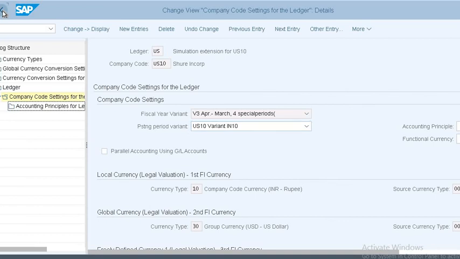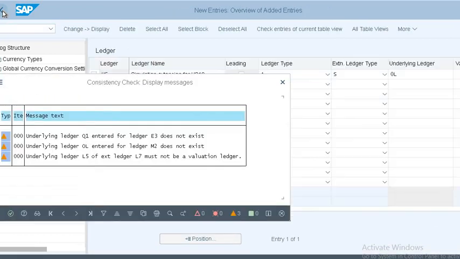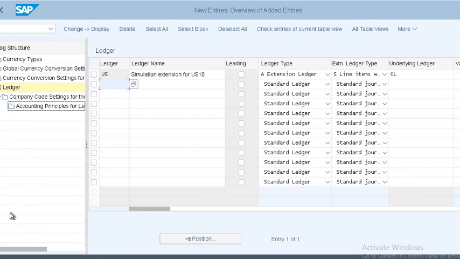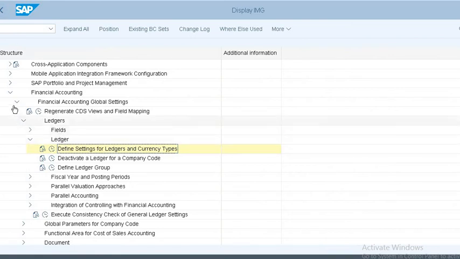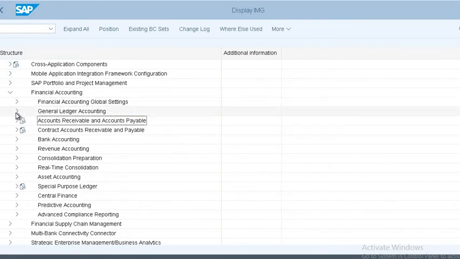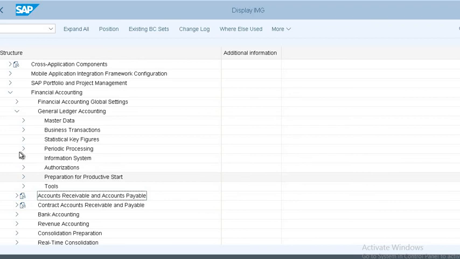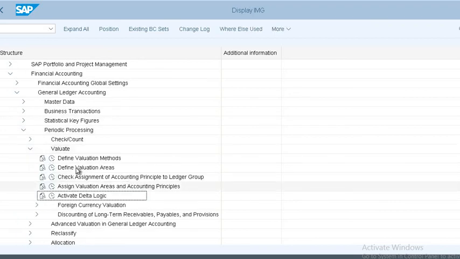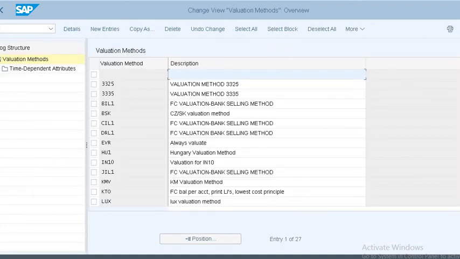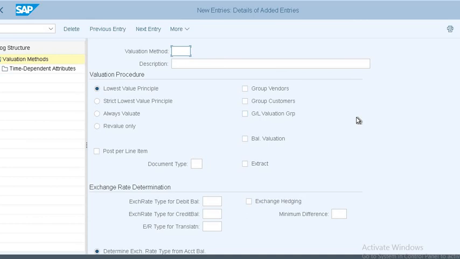Now what we are going to do here is define the valuation methods, foreign currency valuations. Here you can define the valuation method.